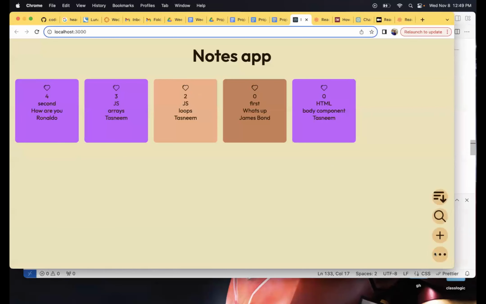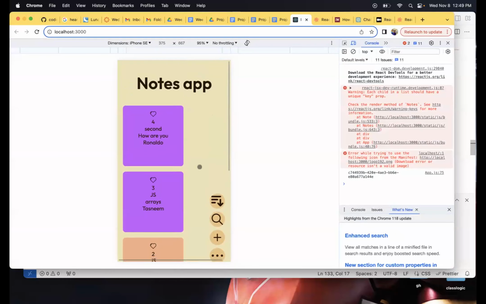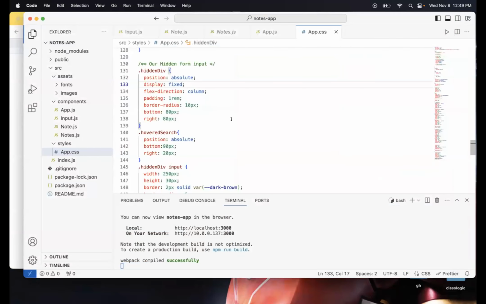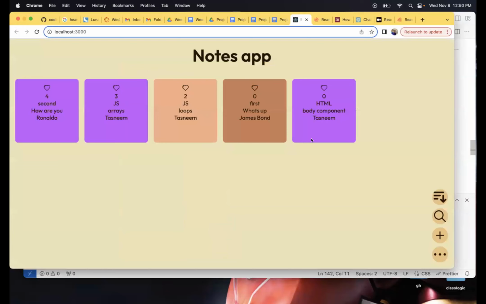No, display fixed isn't really working. Yeah, we'll take a look into that later.